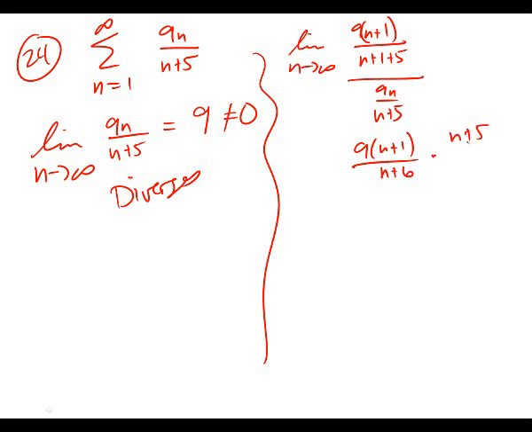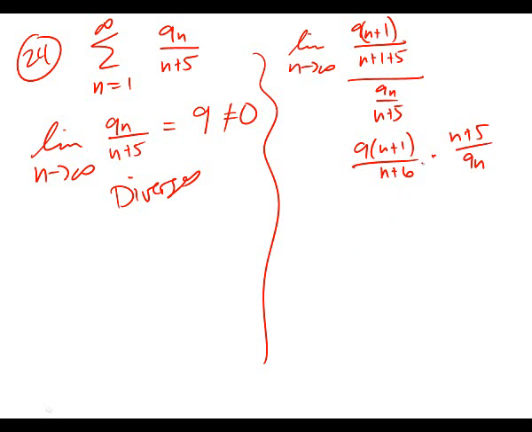When I go to flip and multiply, it's not like it's a factorial. There's not going to be any way for me to cancel. So the ratio test really just doesn't work for it. We could keep going on it, and we could probably still get something for it, but the ratio test ends up being